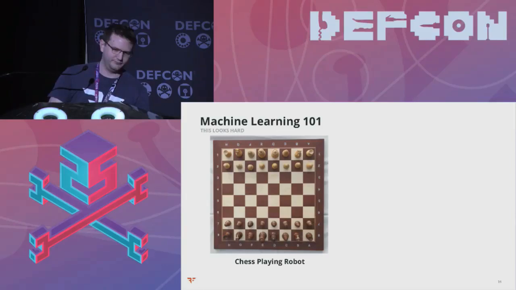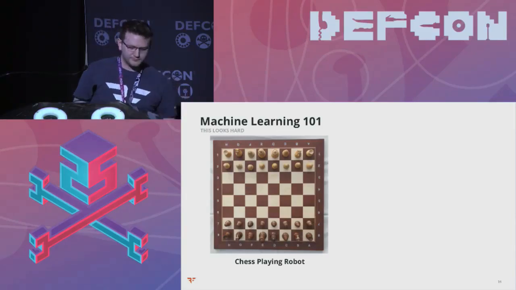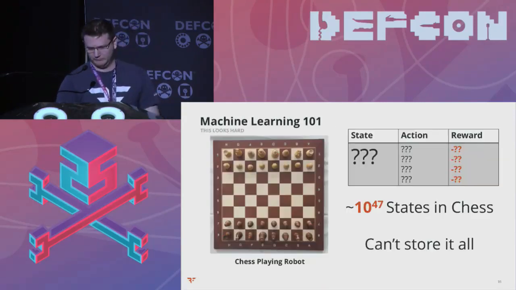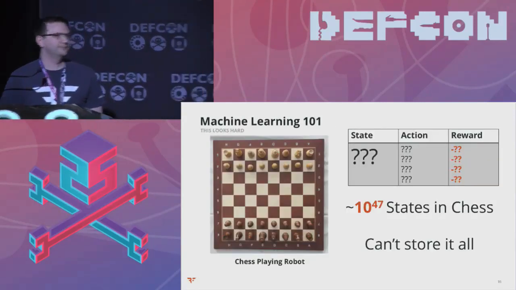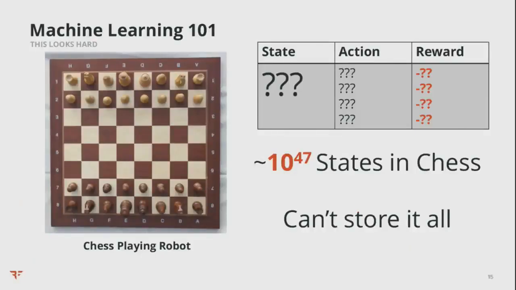The problem is when you want to do something a little more complicated, for example, maybe instead of solving a maze, we'll play a game of chess. Chess is a little more complicated than our maze, and it holds quite a bit more state. As you can see, there are about 10 to the 47 states in a game of chess, and there are 16 pieces on each side, so there's going to be a lot of data to fit into our table. It's going to be very difficult, pretty much impossible, to create a table, enumerate every single possible state, and decide what the best course of action is going to be.